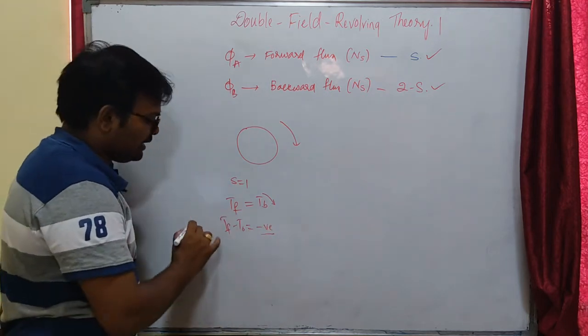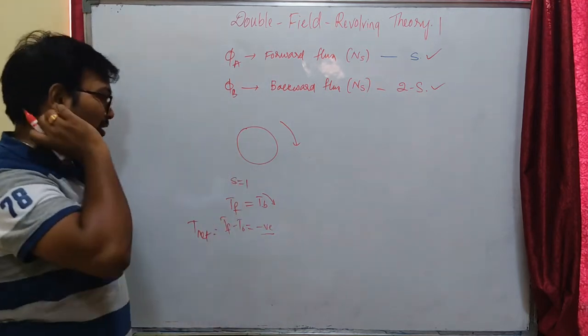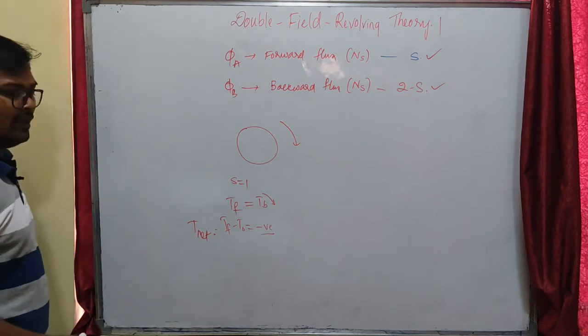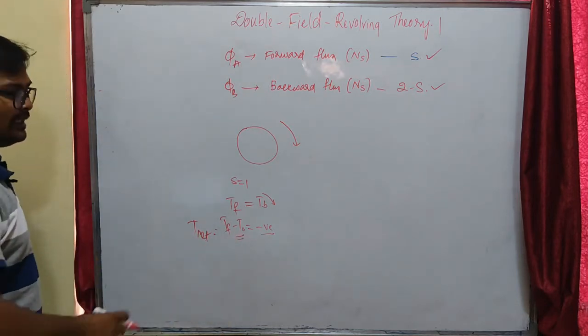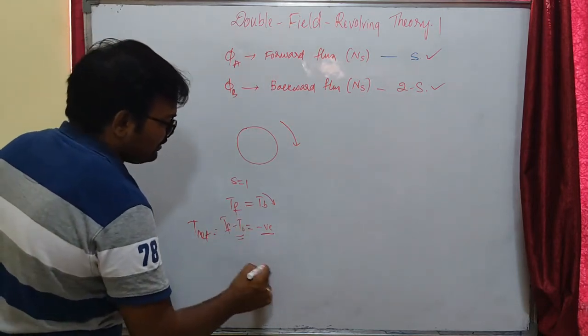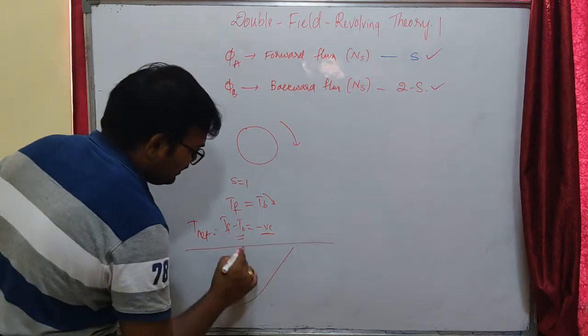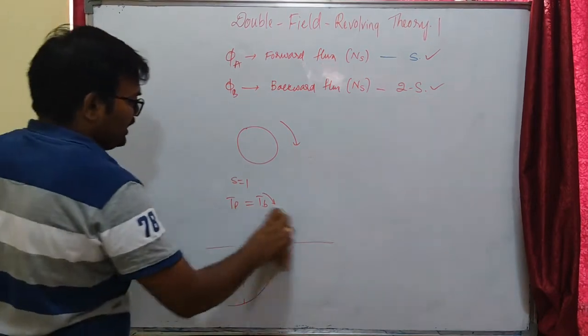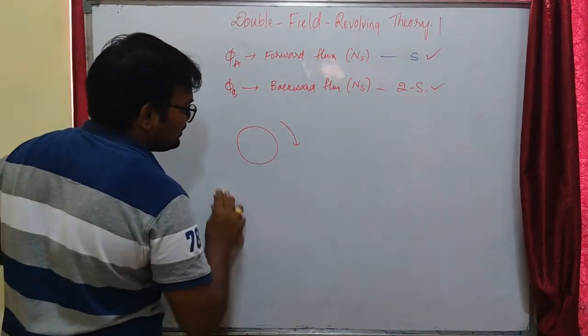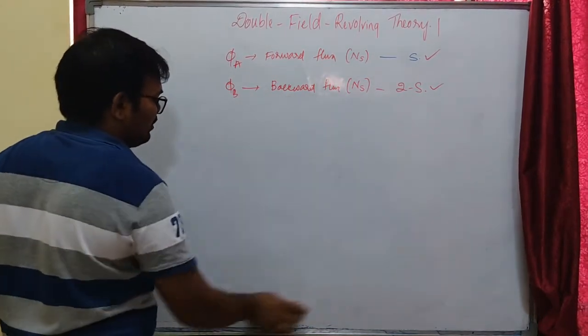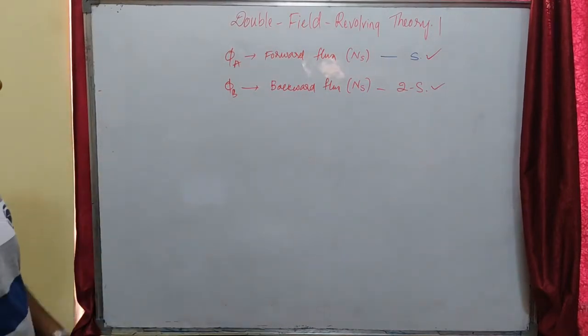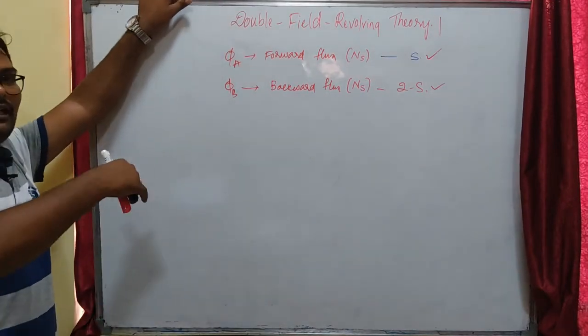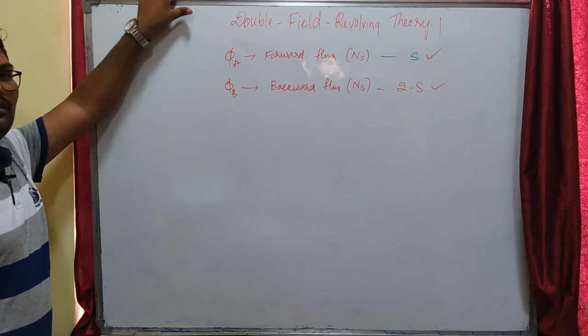So that means we have some net torque. Okay, due to some rotation, I have somehow rotated the rotor manually, so there will be net torque available in the machine that will increase. If this negative torque goes on increasing, our machine will start running. That means if you somehow manage to rotate the machine manually at the time of starting, the motor will speed up. That means the rotation will start in the rotor, because there is net torque present in the rotor, and that machine will continue to rotate and attain a speed near to synchronous speed. Okay, but that is not possible.